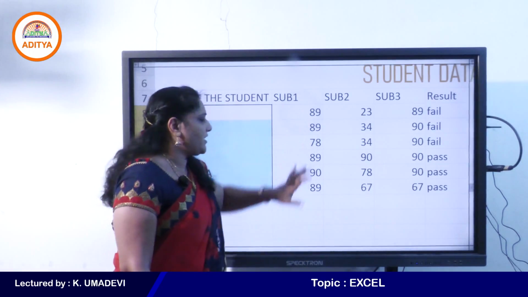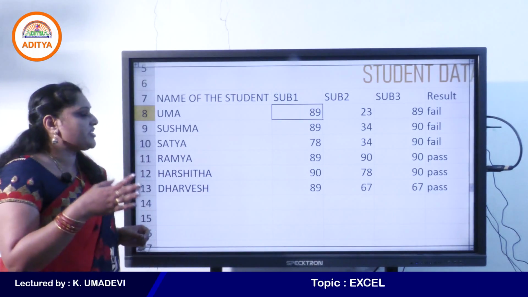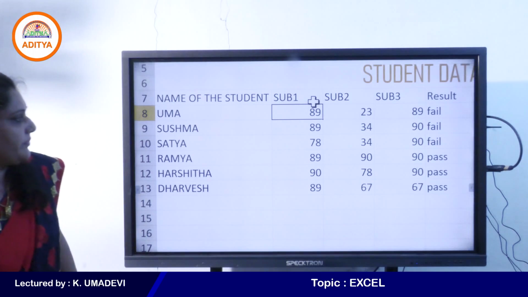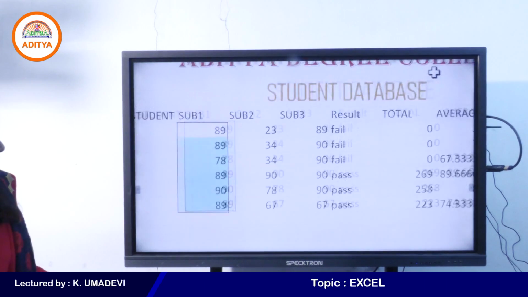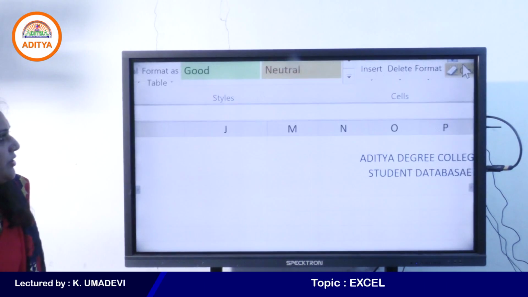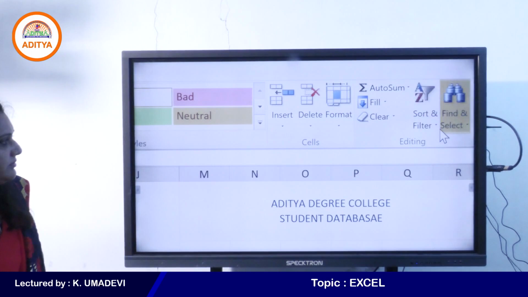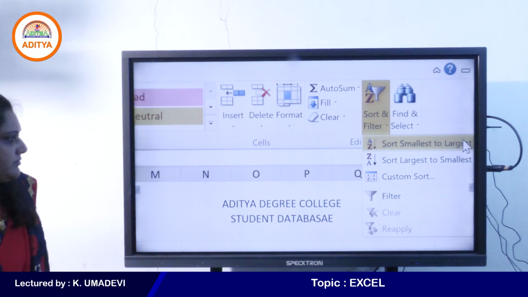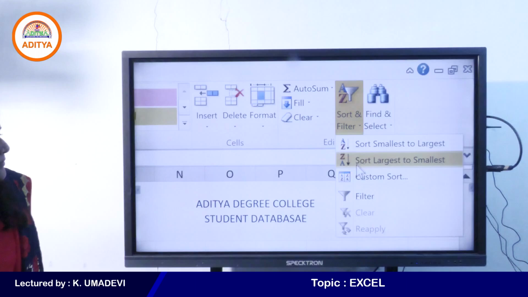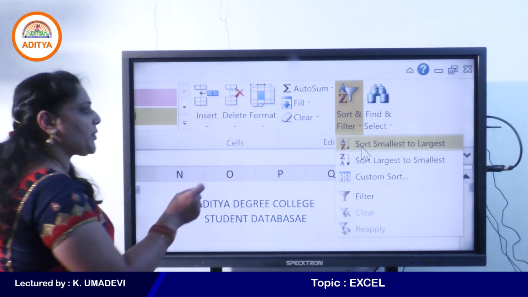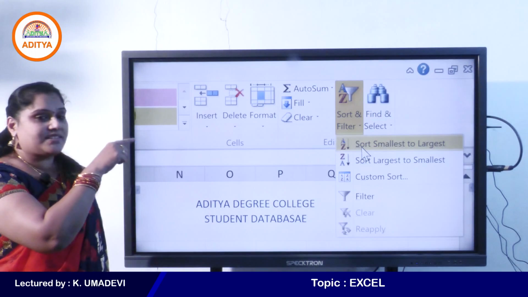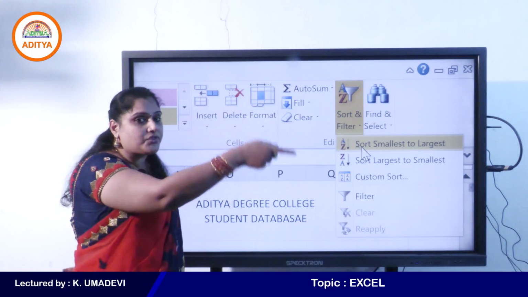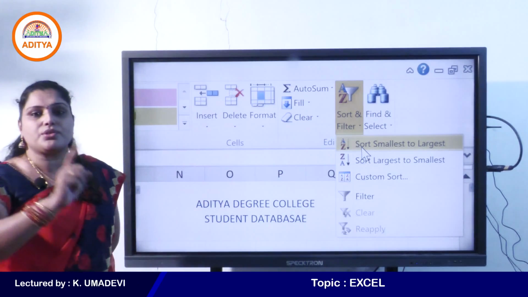For example, now I want to sort the subject 1 column data. Select the particular column and then go to sort and filter. See, for text data it will provide sort A to Z and sort Z to A. For number data, it will provide sort smallest to largest and sort largest to smallest.